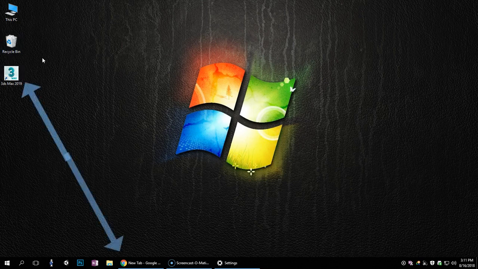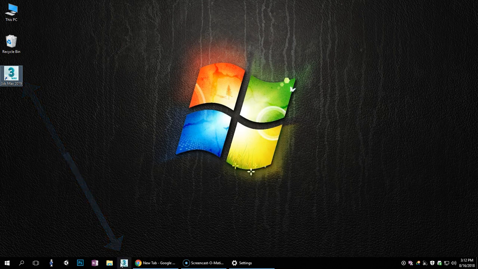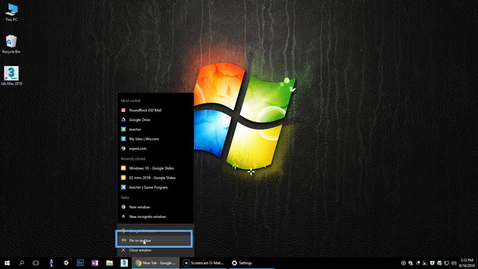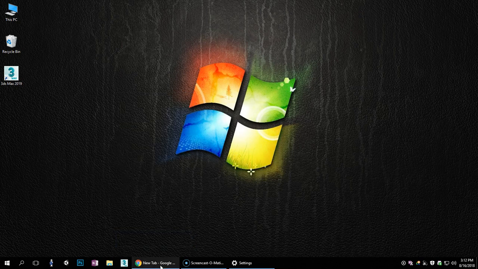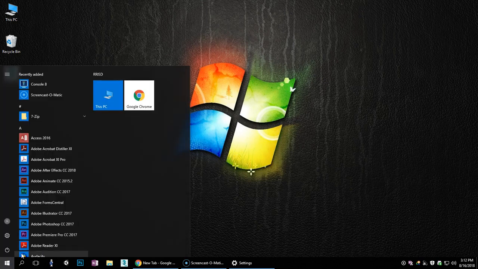One, if you have an icon on your desktop, I can drag it down here and pin it, so now I can open this program through here. You can also, if you have something open, like I have Google Chrome open right now, I can right click on that and do pin to taskbar, and when I close this out it'll be pinned here just like these other icons. You can also come in here to the Start menu and pin something,